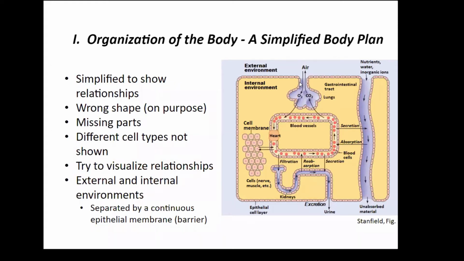We see this epithelial layer in the lining of the lungs. We see it lining the gut tube, and we see it lining what we think of in day-to-day life as the outside of the body as well. So this barrier really lines everything that's continuous with the external environment, whether in real life we might think of it as internal, like the lungs.